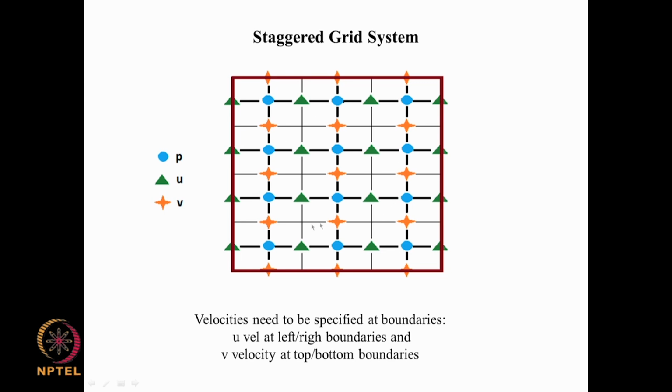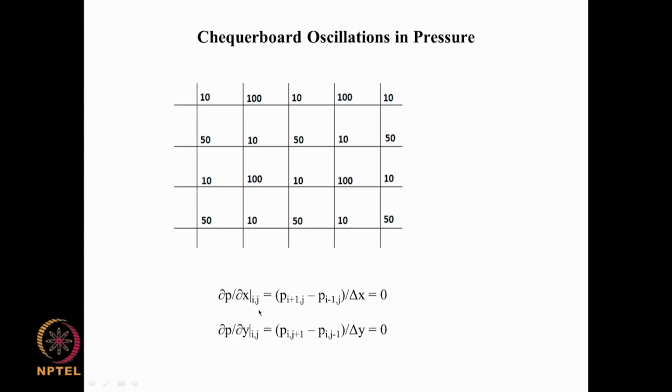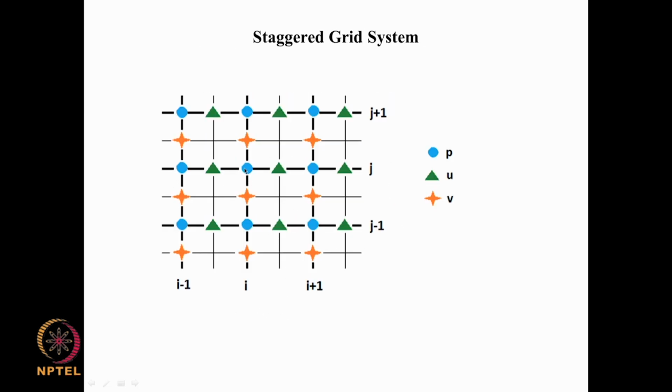So, in a way we do not need to specify the pressure at these boundaries, and pressure is evaluated only at the interior points. And the advantage of this particular way is that if you now evaluate dou p by dou x at i comma j, for example